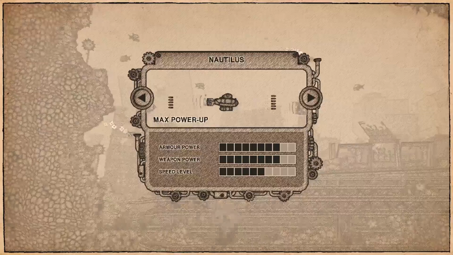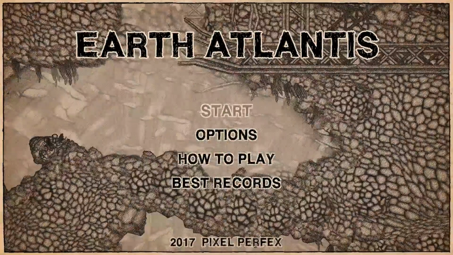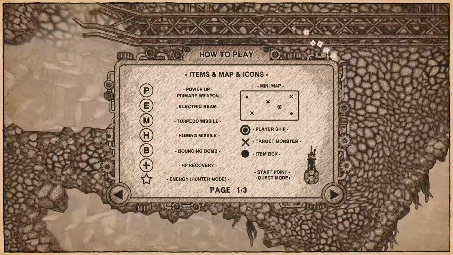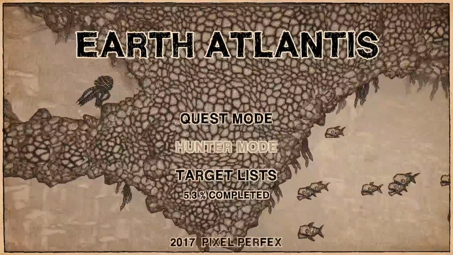Okay, let's see if we can check out another mode or something. Meh. Alright, that's the start point. I get that. Alright, let's quit. Yeah, bouncing bomb, homing missile, start point, energy. So, let's... Hunter mode is completely locked out. Target list. Okay, so maybe,